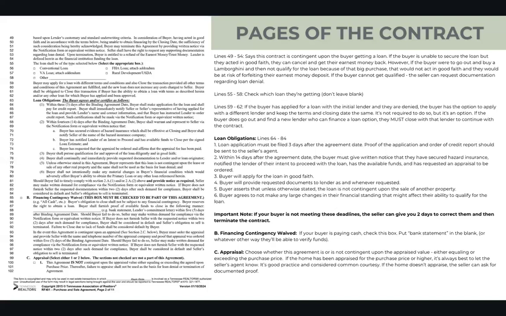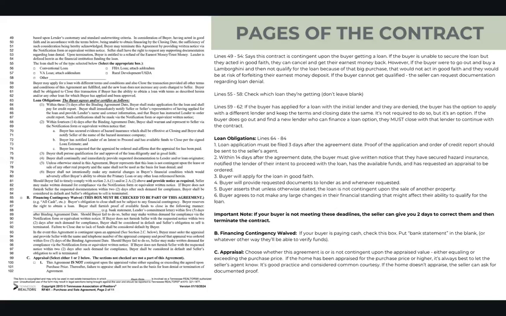the lender of their intent to proceed with the loan, has the available funds, and has requested an appraisal to be ordered. The buyer will apply for the loan in good faith. The buyer will provide requested documents to the lender as and whenever requested. The buyer asserts that unless otherwise stated, the loan is not contingent upon the sale of another property. And the buyer agrees to not make any large changes in their financial standing that might affect their ability to